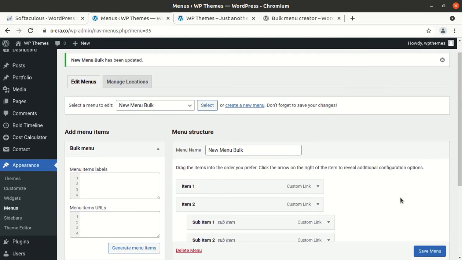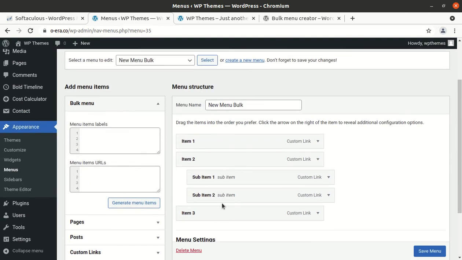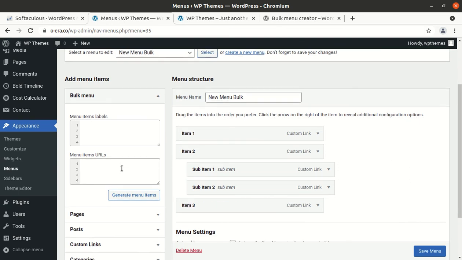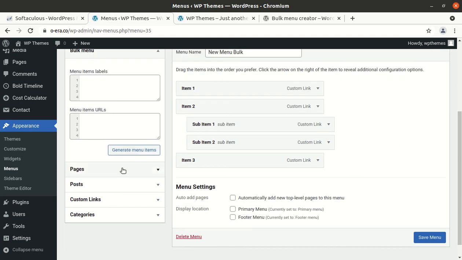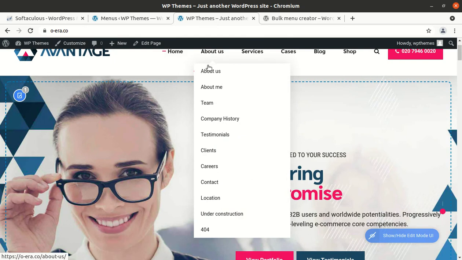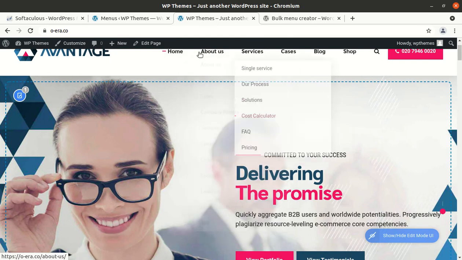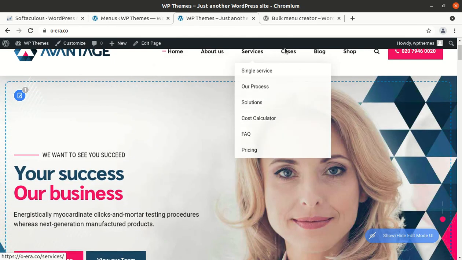So you can simply create multiple menus with certain links using this plugin, and that is really going to save your time to a considerable extent, and you will really enjoy using this feature on your website. If you have to create multiple menus with multiple items, like websites nowadays use, you can see the items are multiple in this website as well.